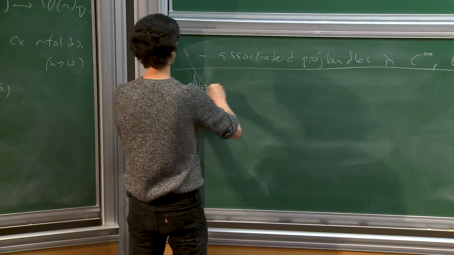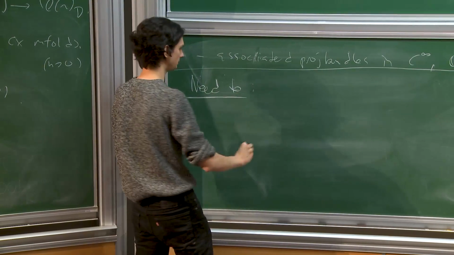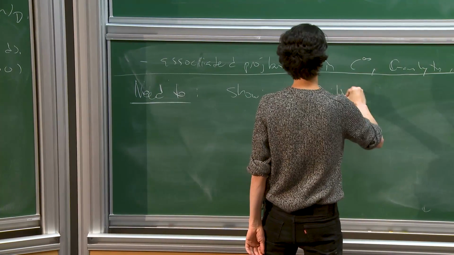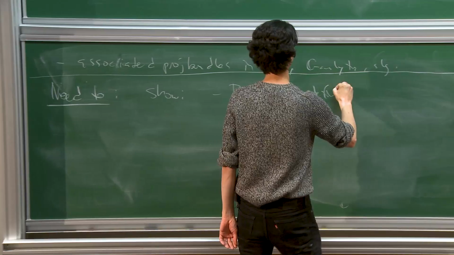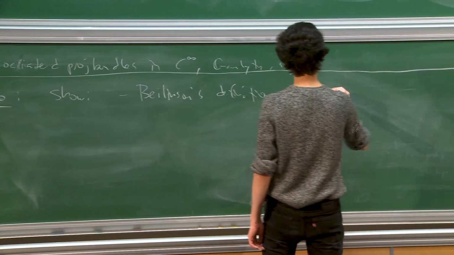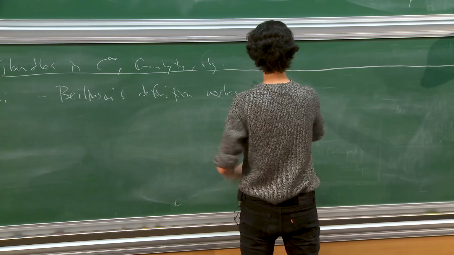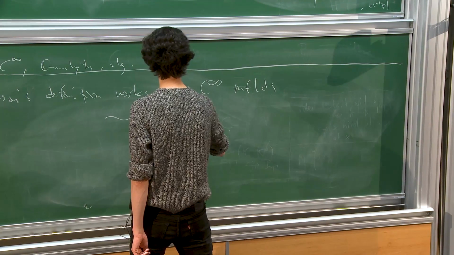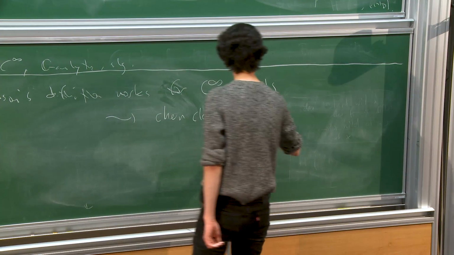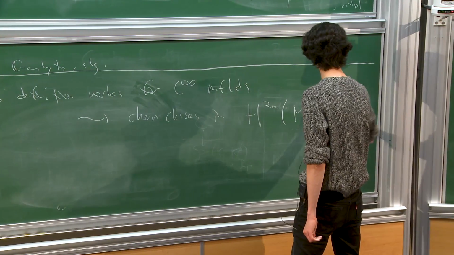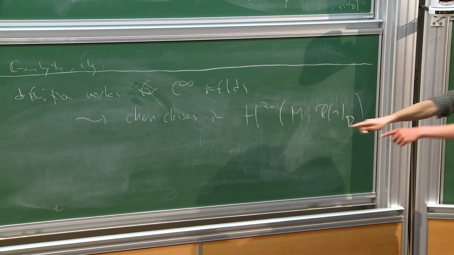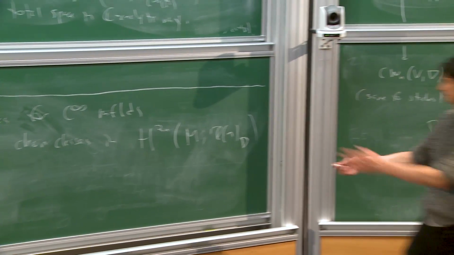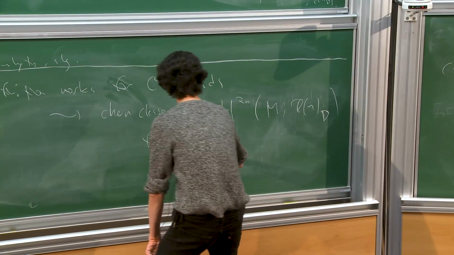So what we need to do, we need to show that, first of all, Beilinson's definition works also, and compatibly, for C infinity manifolds. So giving a theory of Chern classes, you can also write down the usual Deligne complex, not with F^2n, but just with F^n like before, but on a real C infinity manifold. So for arbitrary vector bundles without connection,